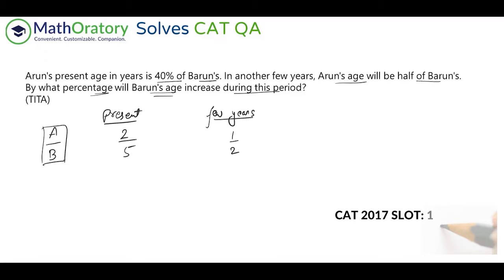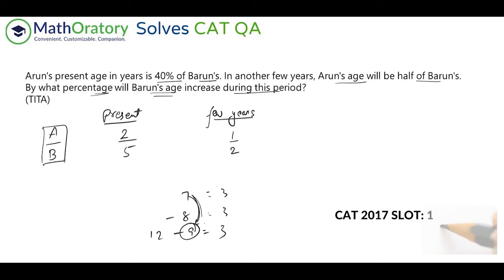Now, this is something I always discuss in my classes. The difference of the ages should remain constant throughout the timeline, right? Let me take an example: 10 minus 7, that is 3. 11 minus 8, that is also 3. 12 minus 9, also 3. If the difference remains constant, each value is increasing or decreasing by the same amount. If 10 is increasing by 2, then 7 is also increasing by 2. So the difference in the ages of the two persons should be equal.